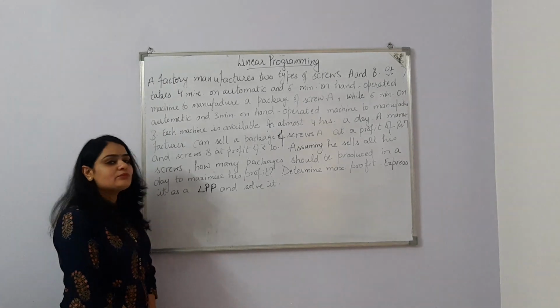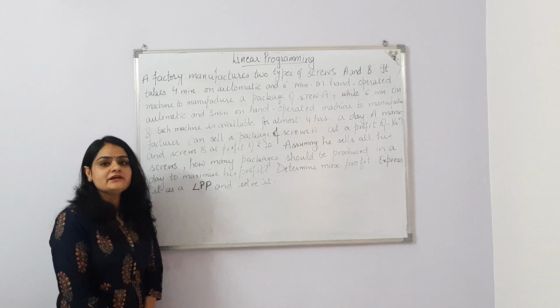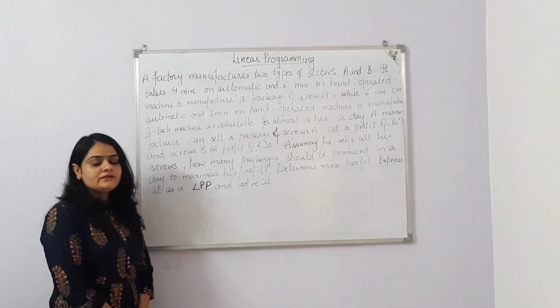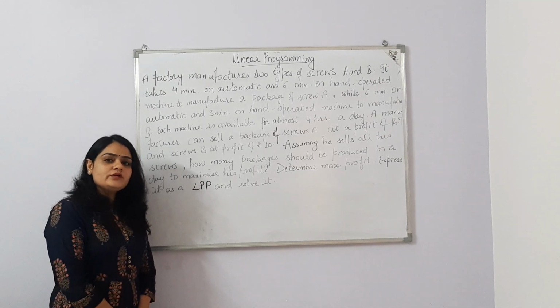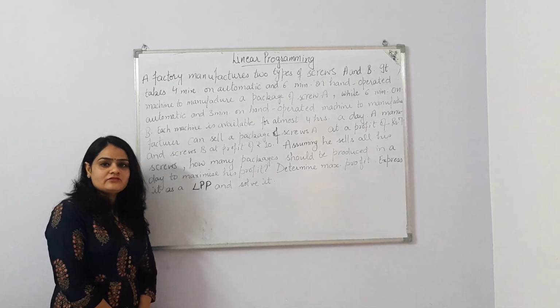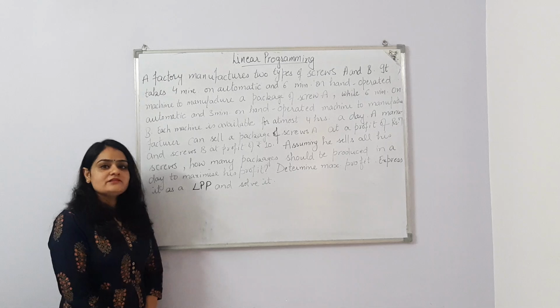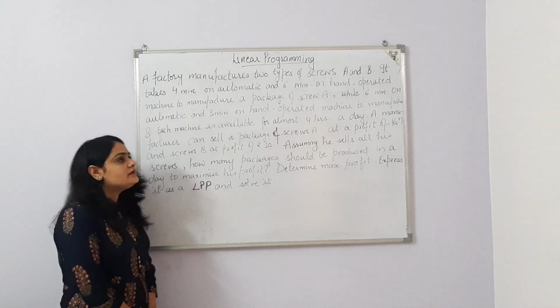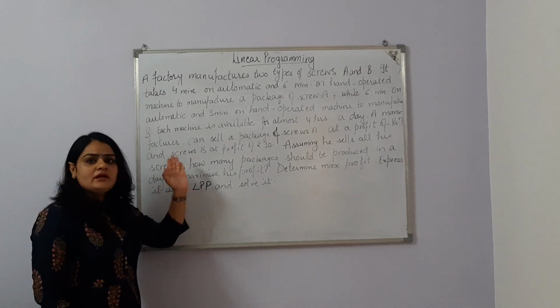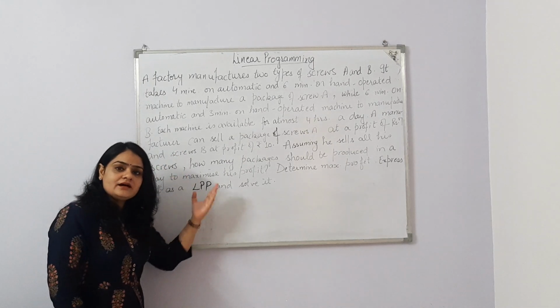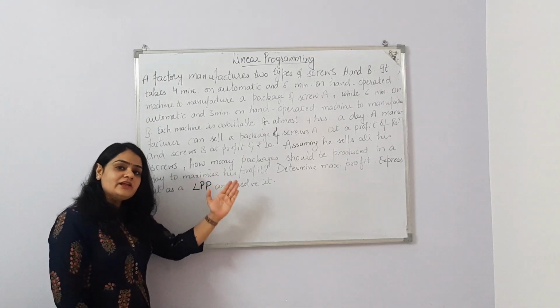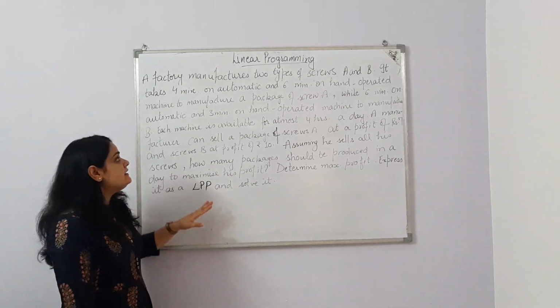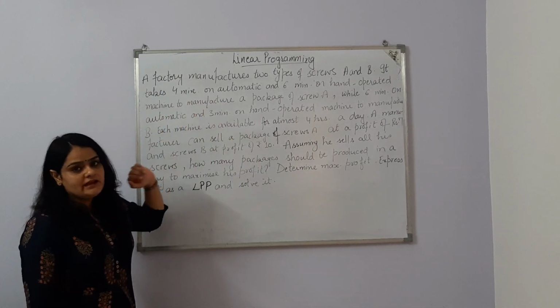Today's topic is linear programming, and the situation is theoretical now. In the previous two videos we learned how to find the solution of a feasible region, whether the region is bounded or unbounded. We did both cases. The questions are the same, but now instead of giving constraints and the function of z, we have a theoretical situation like this.